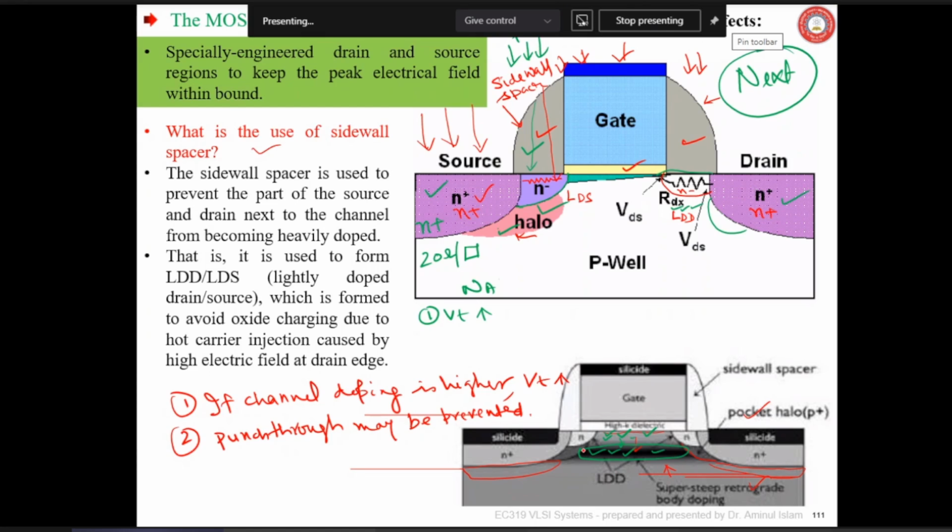See, it is doped heavily here. Okay, so that depletion layer widening in this way and in this way doesn't become wider. Depletion layer width will be less if doping concentration is more, so that punch through possibility will be reduced. Now my question is, why it is not doped here heavily? What is the problem? Everywhere could be doped. This region could be doped here. Why is it not done? Is it understood? My question?